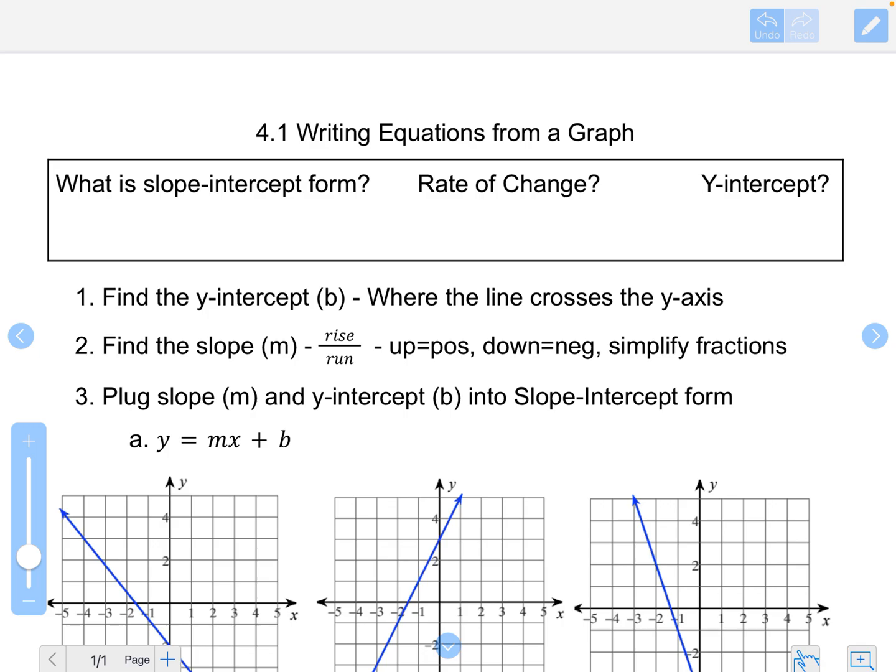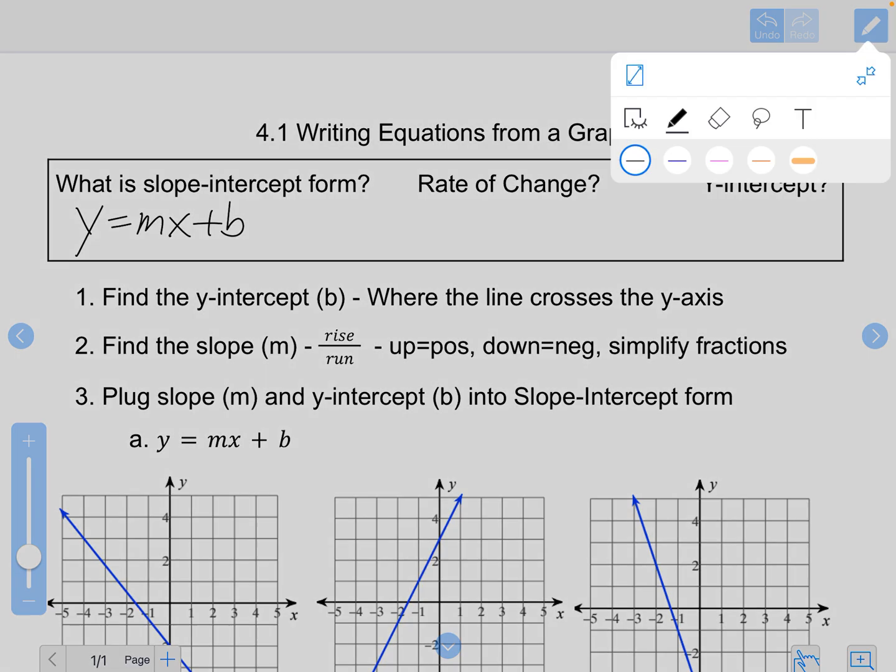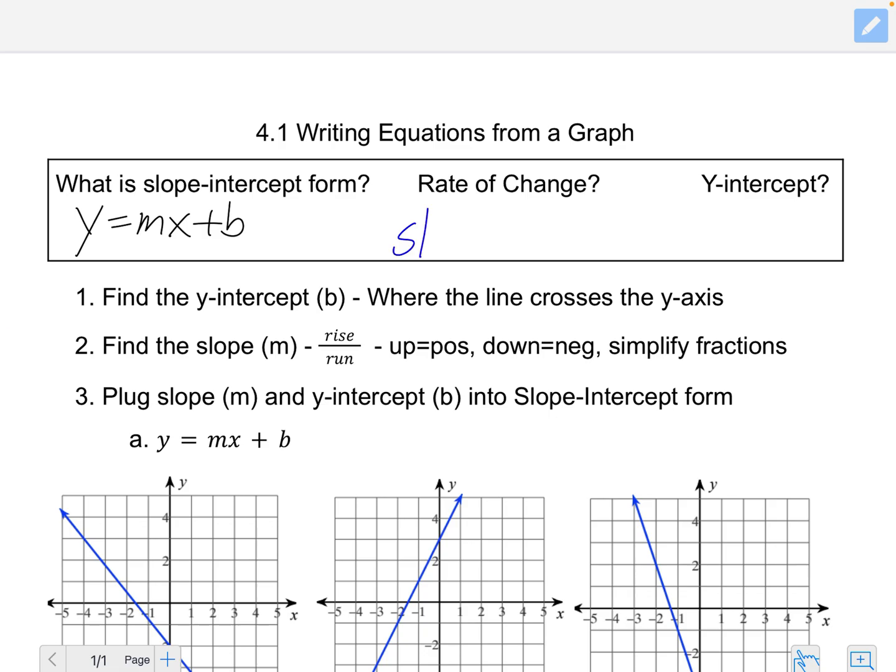So first we have to remember our slope-intercept form. Our slope-intercept form is y equals mx plus b. This is the way that we always want to write our equations because it's easy to graph. We understand all the components and everything like that. Our rate of change is our slope. It's our m. It's our rise over run. And then finally, our y-intercept is our b, or where the line